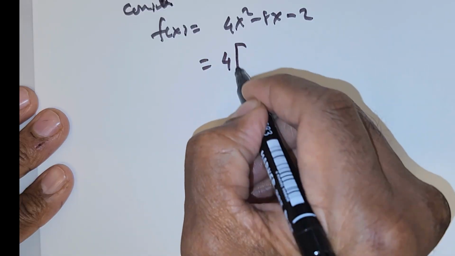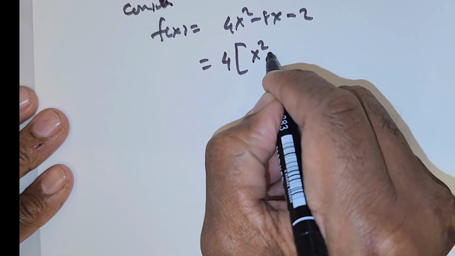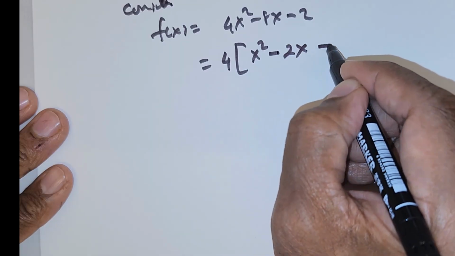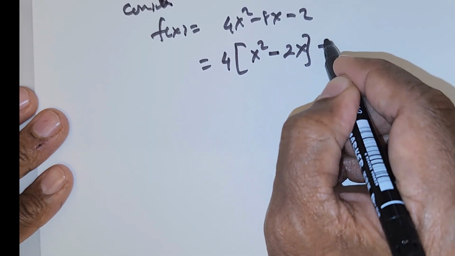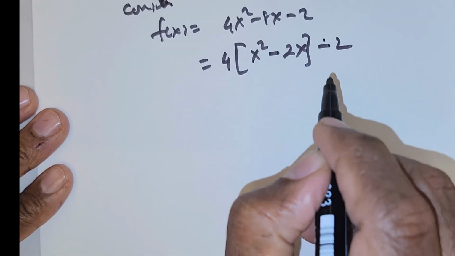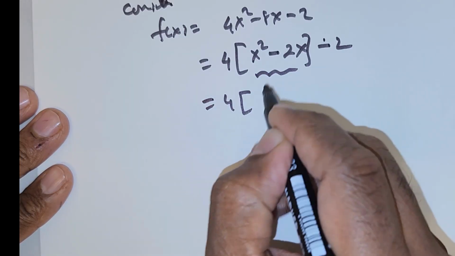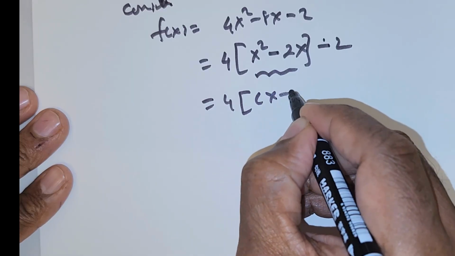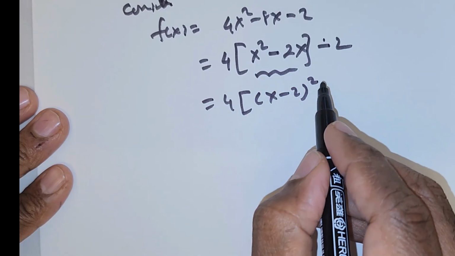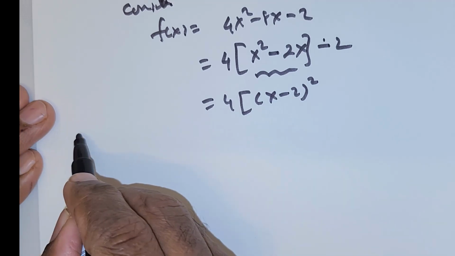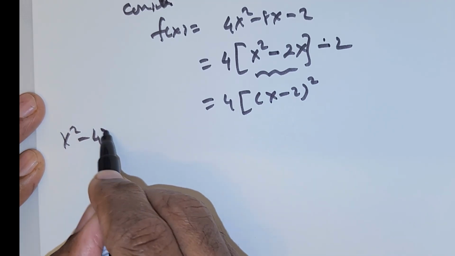I take 4 out, so that would give me x² - 2x, and this is written as it is. Now I would like to rewrite it as a perfect square, so this is going to be (x - 2) whole squared. If I square it, I will get x² - 4x + 4,